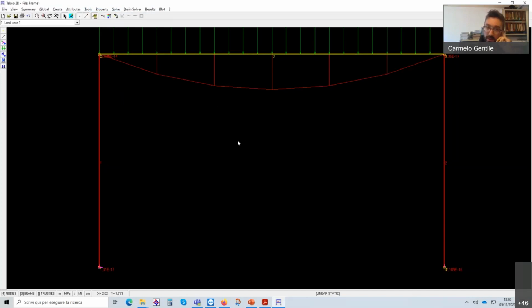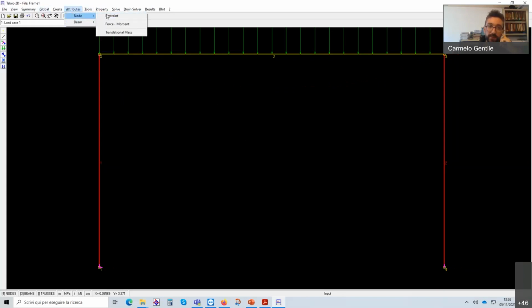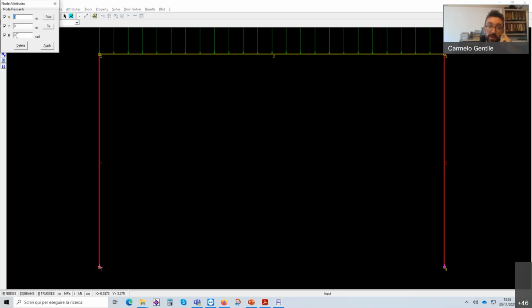The point is, okay, if we change the restraints, and in this case we assume that here there is a clamped section, and here we have,